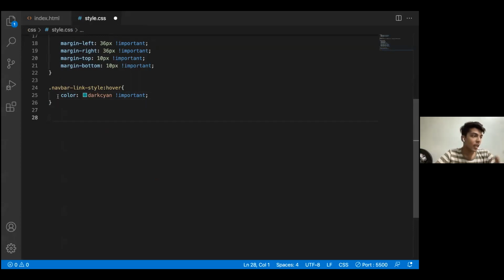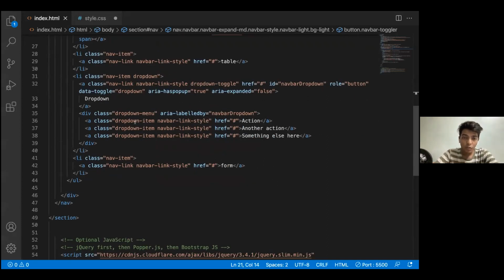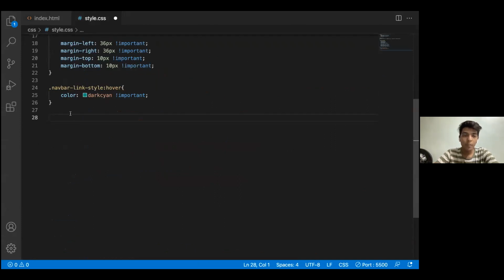So as you can see, the drop down class has two major things. First, it has a class of drop down item, and second, it has a class of drop down style. So we'll be picking up both the classes to make sure the action that I want to provide works. The part that goes left is taking a margin left as we have provided with the margin left here. So it is going a bit to the left hand side. I want to fix it up. So I'll be firstly placing in two classes. That was drop down dash item.